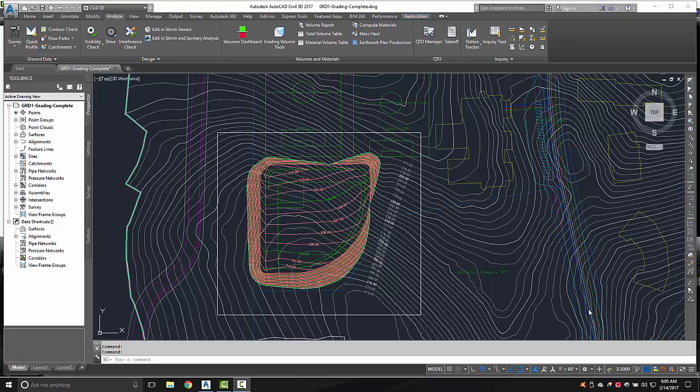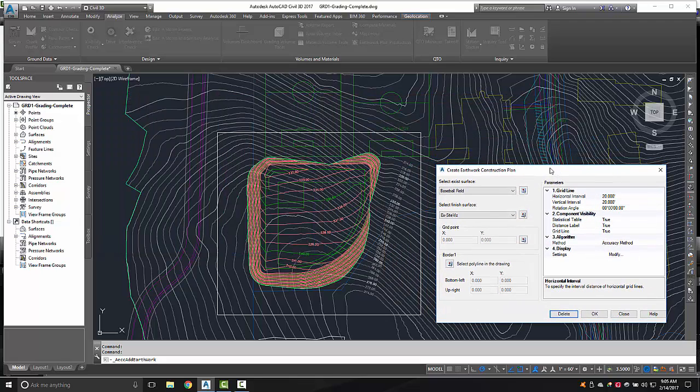And today I would like to show you a new command available to us in Civil 3D 2017 that is called Earthwork Plan Production. If you look here in my drawing, I am in the Analyze ribbon, and there is a command on the Volumes and Materials panel called Earthwork Plan Production. Rather than try to explain what it does, let me just go ahead and start this command and show it to you, and then I'll just kind of talk about it